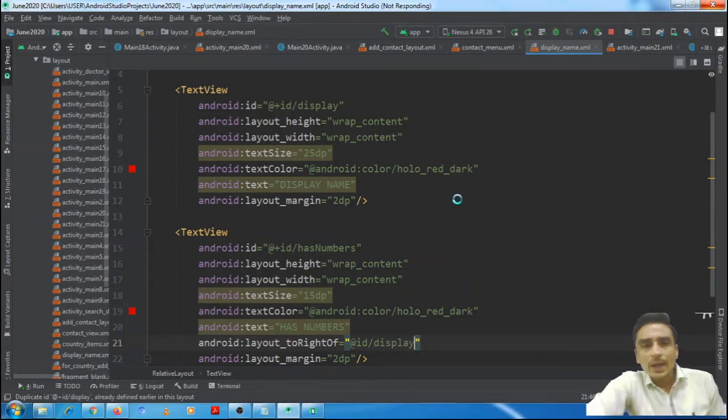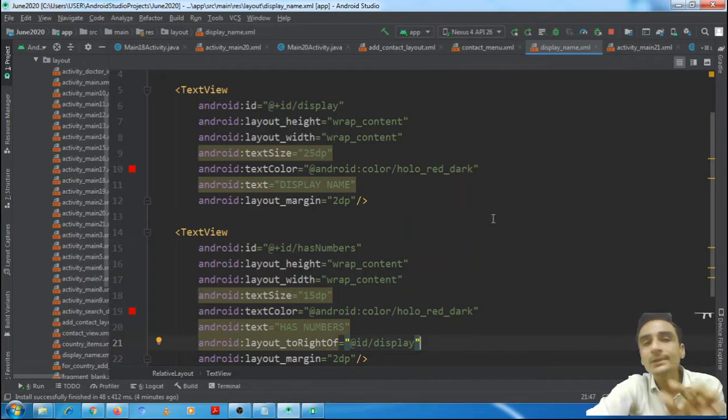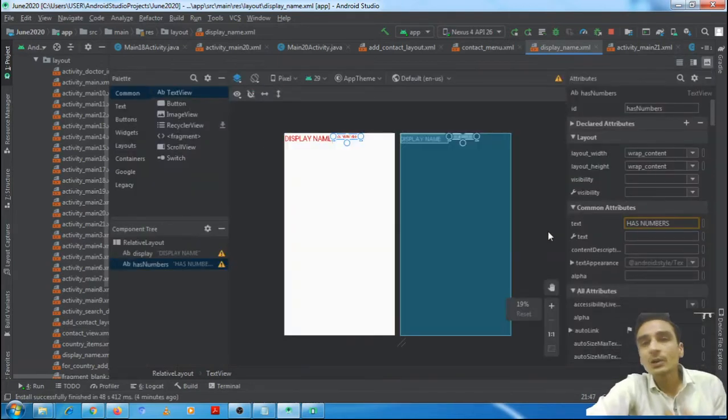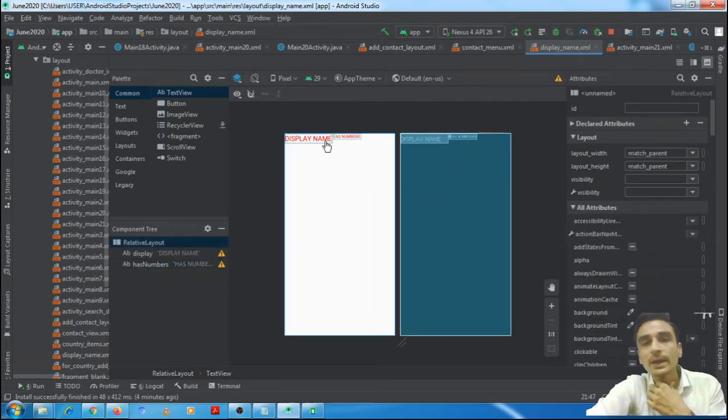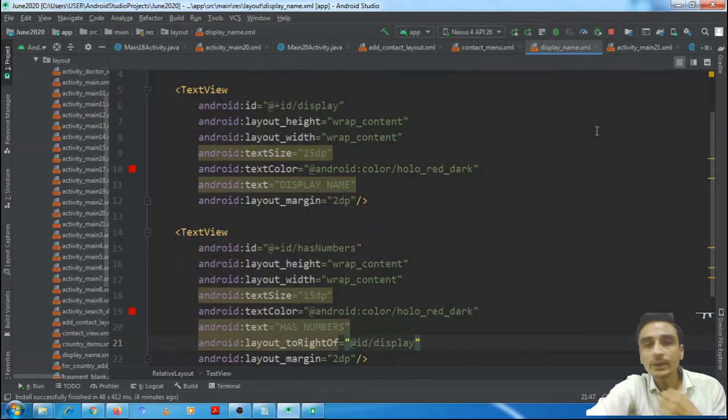What will we do right now? We are showing this has phone numbers column in the list view item, but finally when we are done, we will make this column invisible so it will not appear in the output, because we are told in this application that only the list view should show the name of the contact.